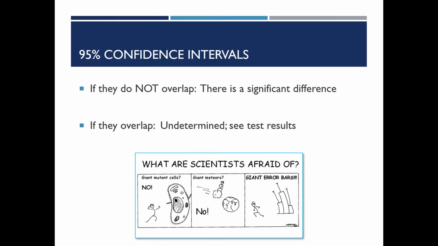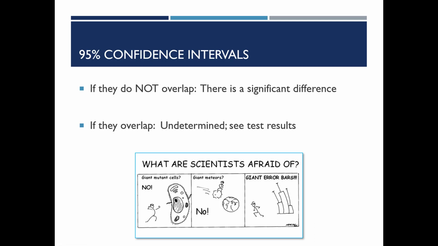In terms of interpreting these graphs, just a note about what you might notice with the 95% confidence intervals around the mean. If they do not overlap, then you can tell visually that there's a significant difference. However, in our case, they overlapped. And so unfortunately, we can't for sure say whether or not there are mean differences. But if there were to be mean differences, then it looks like the main effect of imagery appears to be more likely to be significant. But we will need to run the ANOVA to find out.